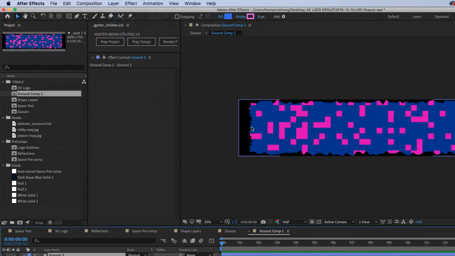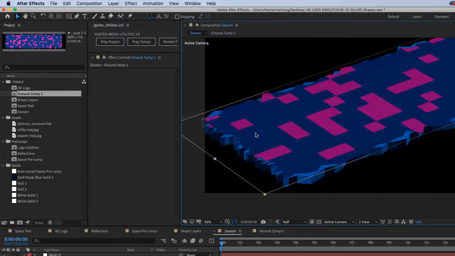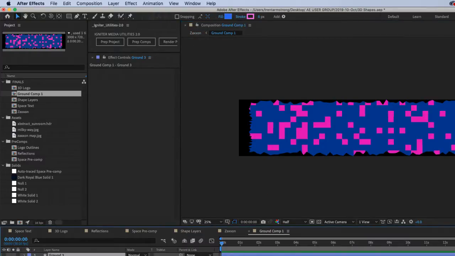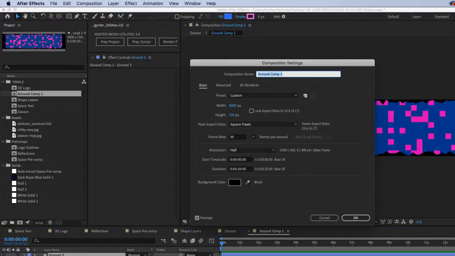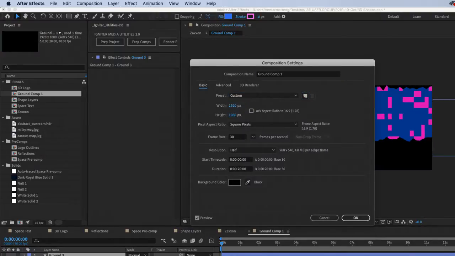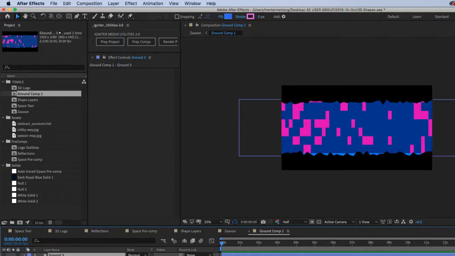Because it's not catching this area here correctly, I don't think. And I think that is because of the scale of the composition.